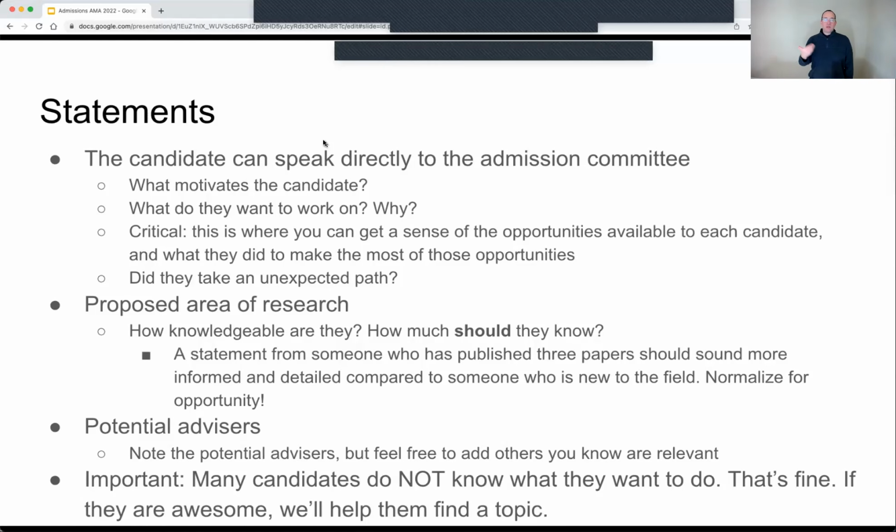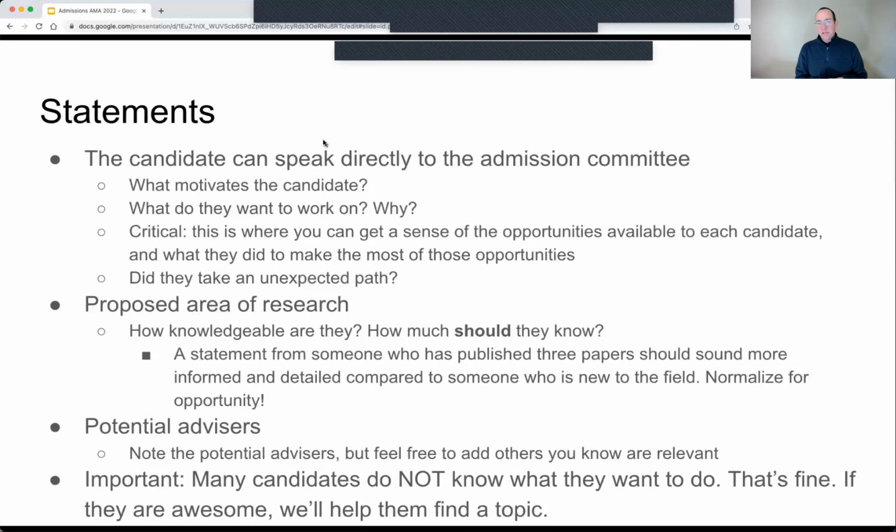And so we will make sure those people see your application. Very often, you don't necessarily know who is currently working in an area. We do. So if you apply and you didn't mention a professor in your application, you still might get that professor interested in your application because of the research areas you've talked about.